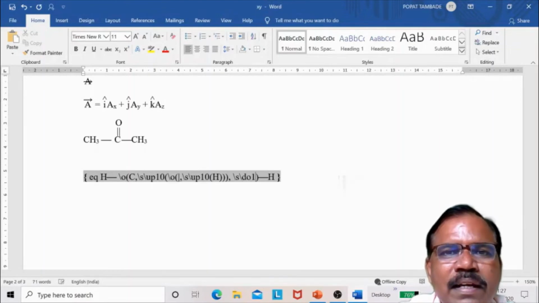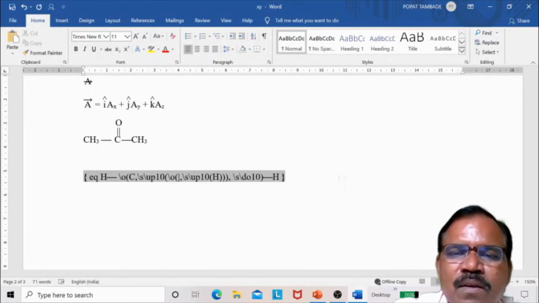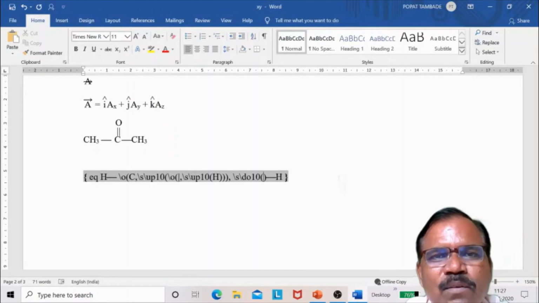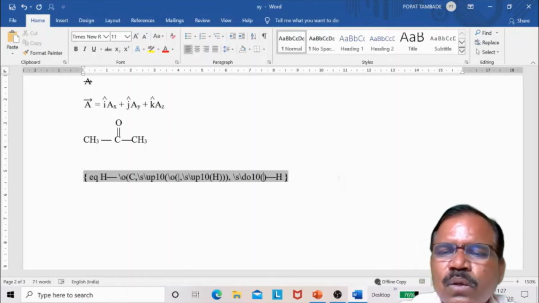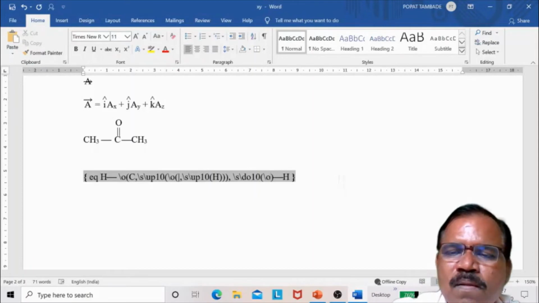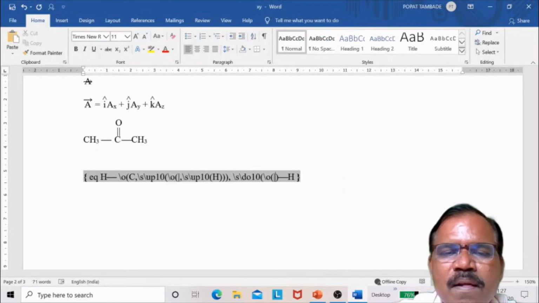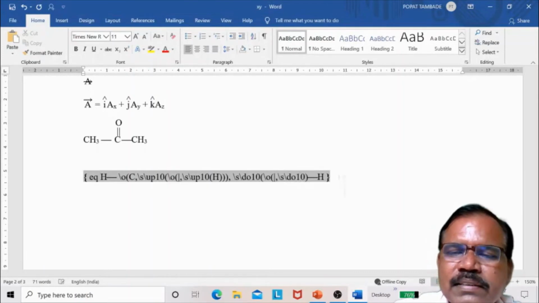Now I will get 10 points. Okay, and now I am going to write again H also. So backslash O, then vertical line, backslash S backslash DO. Now 10 points, and then I have H.